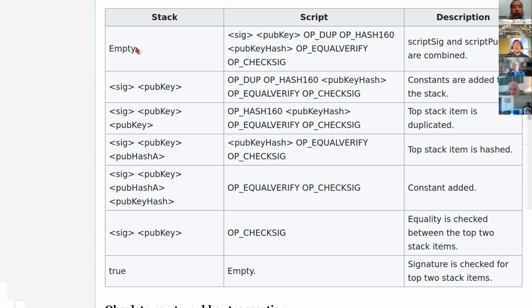Now, starting from here, the stack is empty. This is the script being entered. All right, you can see that there's a signature and a public key. These are the opcodes: OP_DUP, OP_HASH160, pub key hash, OP_EQUALVERIFY, OP_CHECKSIG. All right. Now, if you follow this